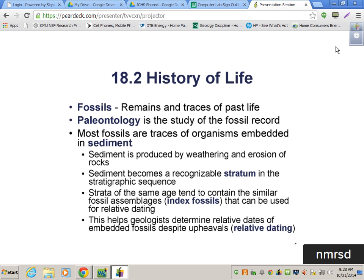But sediment, we know, is the type of rock that embeds these fossils and allows fossils to be created and made and for us to find millions of years later. And sediment is produced by weathering and erosion of rocks, and sediment becomes a recognizable stratum. And if you guys remember all of those layers of Earth, each one is called a strata. Together they make the stratum, okay, in the stratigraphic sequence. So when we look at